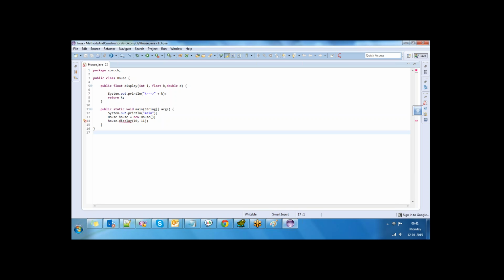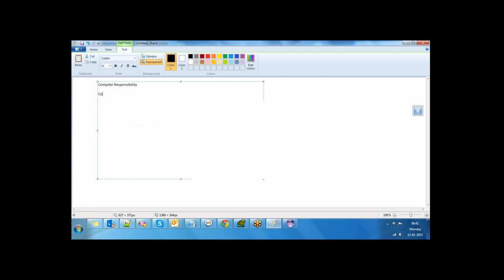Even then, if it is not possible, then it generates a compilation error.